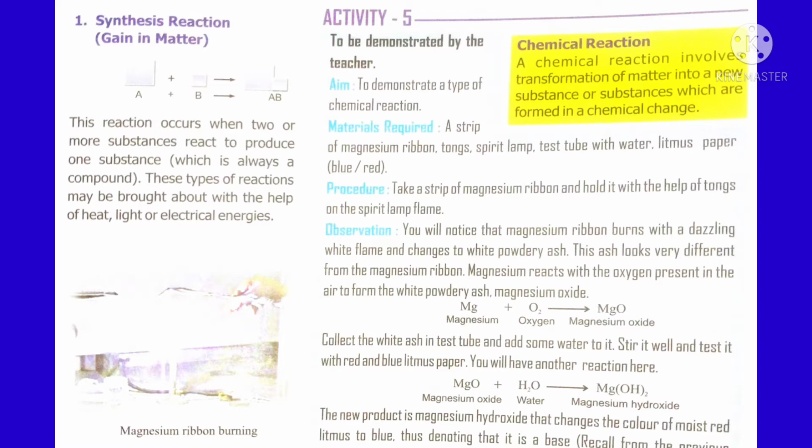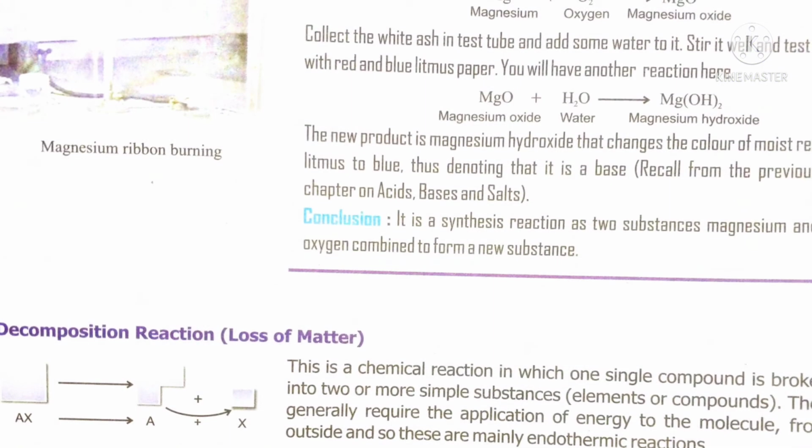The next type of chemical reaction is decomposition reaction. The other name is analysis reaction. It is just the opposite of synthesis reaction. In synthesis reaction, you got only one product. In decomposition reaction, you will have only one reactant. What is decomposition reaction? One reactant on heating decomposes to more than one product, that is called decomposition reaction. Here product number is more, reactant number is less. But in combination or synthesis reaction, product number is less, but reactant number is more.